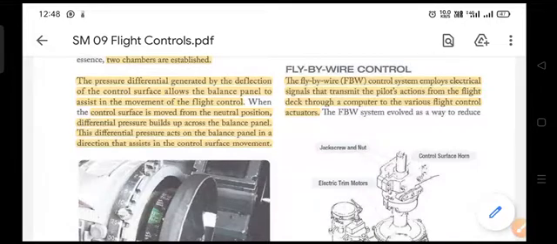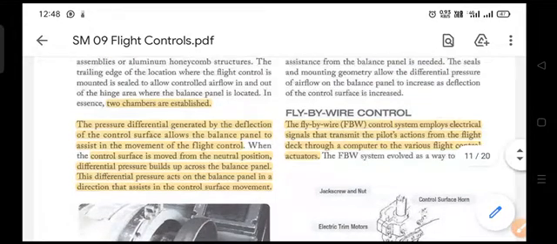It means you don't have to apply too much effort to move it. Due to the pressure difference in the two chambers, the pressure which is at a higher level will be pushing the lower chamber in such a way that it will assist the actuators to move forward so that the control surface can be moved. So when the control surface is moved from the neutral position, differential pressure builds up across the balance panel again, and this differential pressure acts on the balance panel in a direction that assists in the control surface movement,